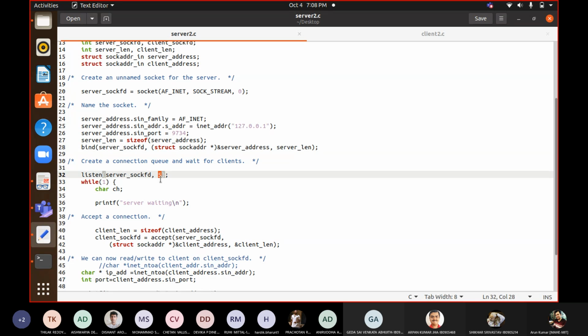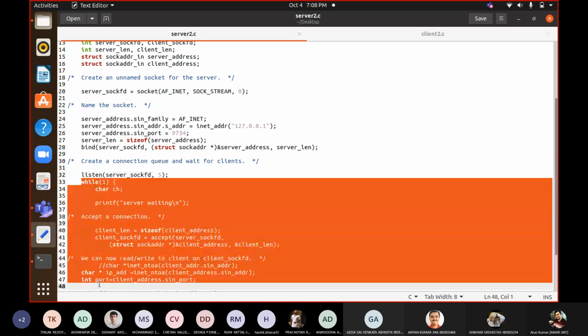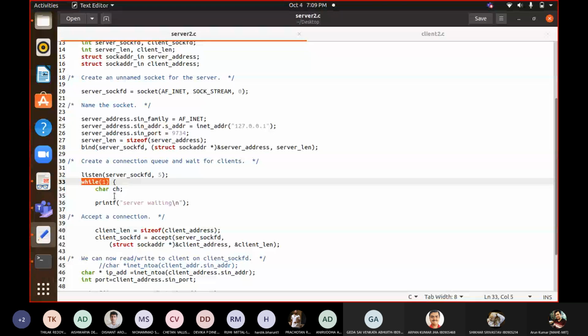Now we want to do the operation recursively. That's why this while thing is there, while 1. If you take away this while, the server will run only once, but we want to run the program recursively so that it is always on. So whatever operation the server is supposed to do, it is always on to do that. For that purpose, you are writing the rest of the code in a while loop, while 1, or whatever infinite loop construct you want to use, either a for loop or any loop you can use.